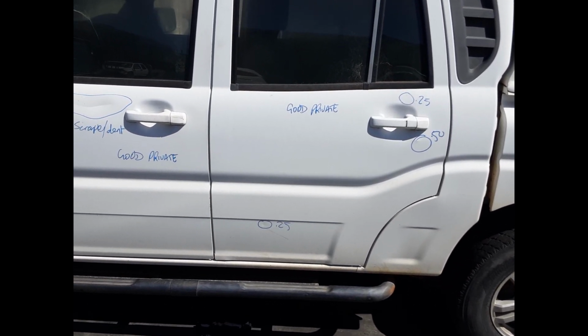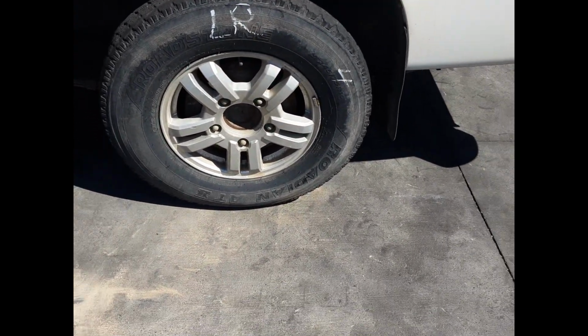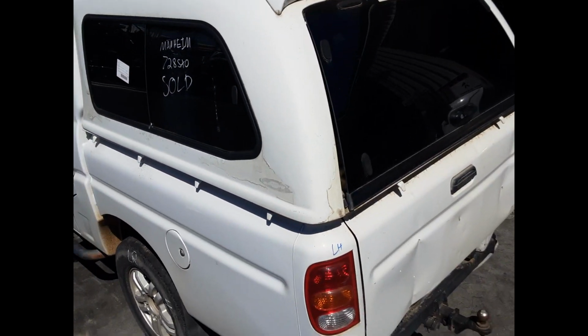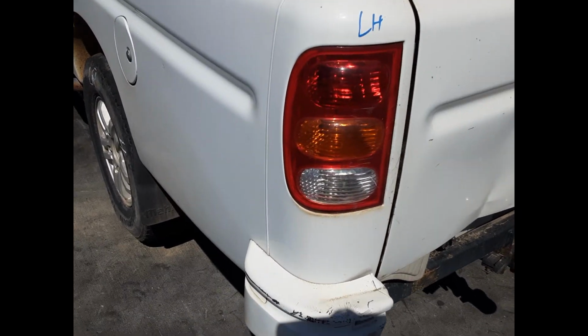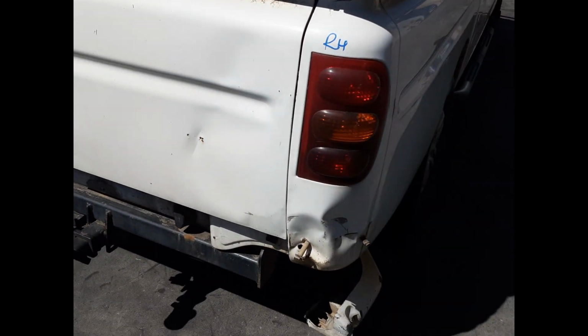left rear door 3 small dents, left rear 16-inch factory alloy mag with a good tyre, triple S canopy with all bolts and brackets, no keys, left tail light, factory tow bar with all bolts and brackets, right hand tail light,